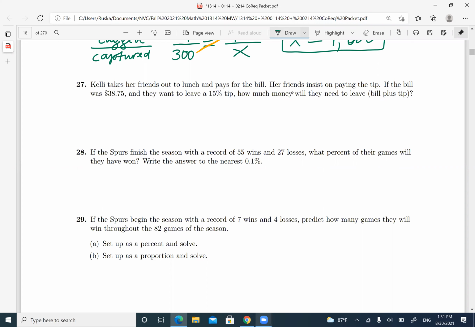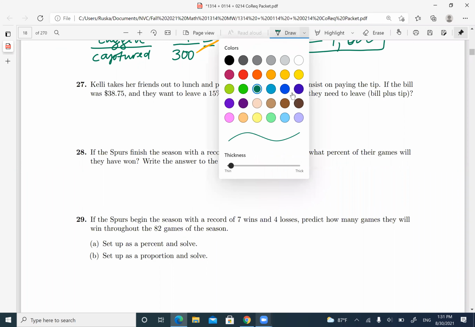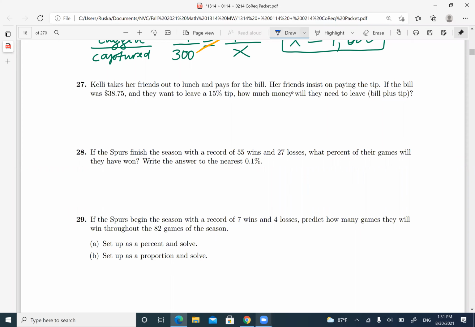Yes, that's correct. But here they're not asking only how much is the tip. They're asking bill plus tip. That's what they're gonna leave. How much money they need to leave. So bill plus tip means you're gonna add it to the original bill, right? Yep. So you're gonna add